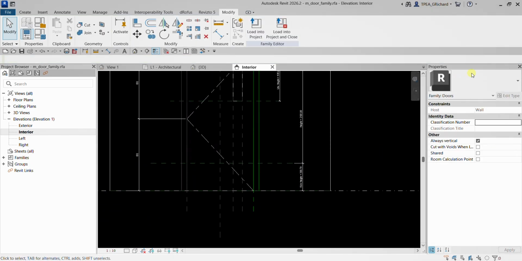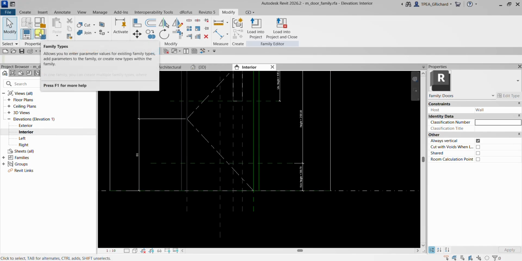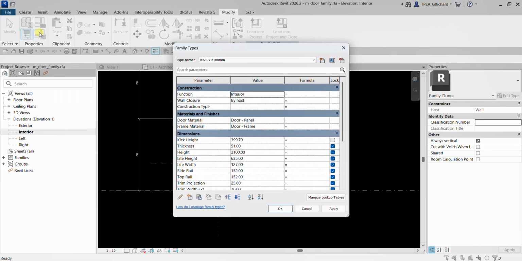Okay, so next, what I'm going to do is add a formula. So to do that, we will be opening the family types. So I'm going to select here family types. So you click that, and then after that, for my 920 by 2100 millimeters, I'm going to set my kick